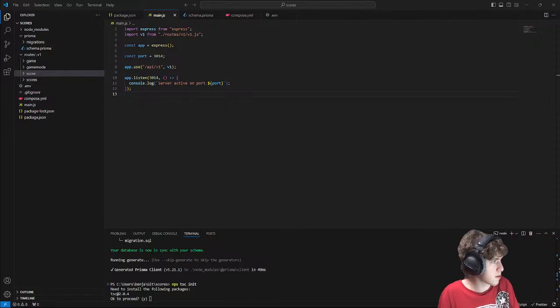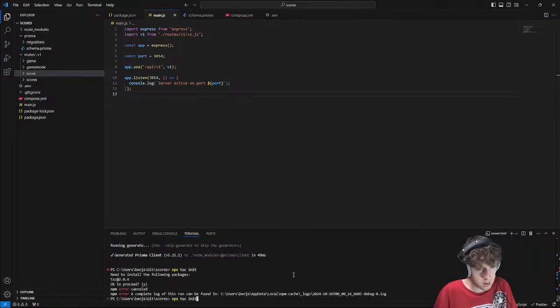TypeScript docs. So it is npx tsc dash dash init.